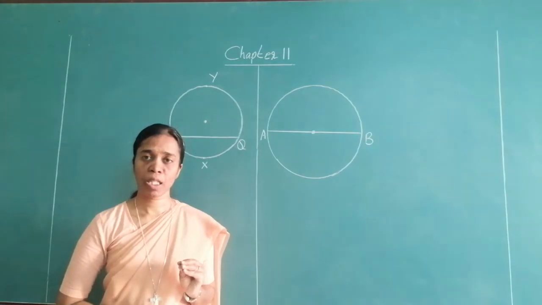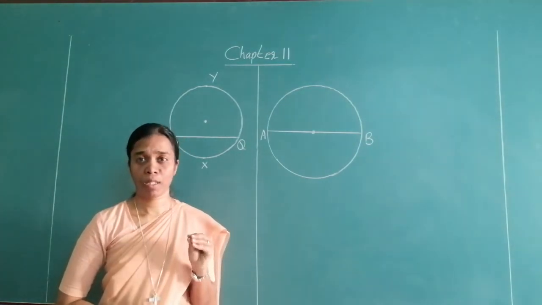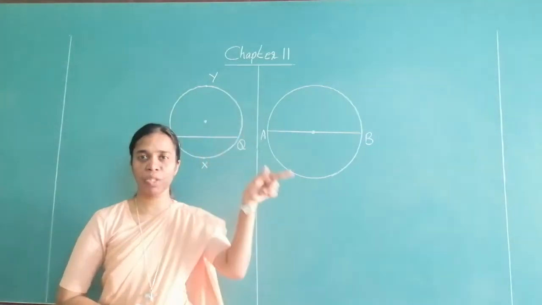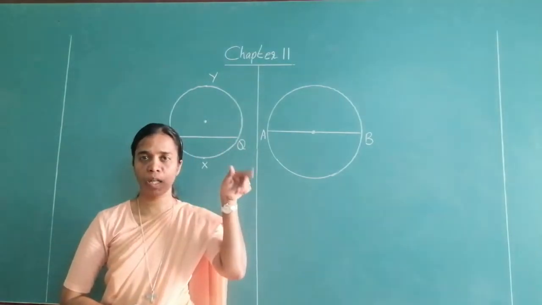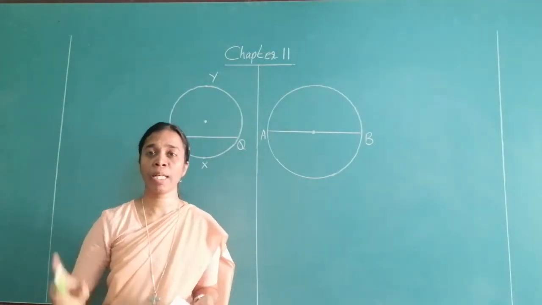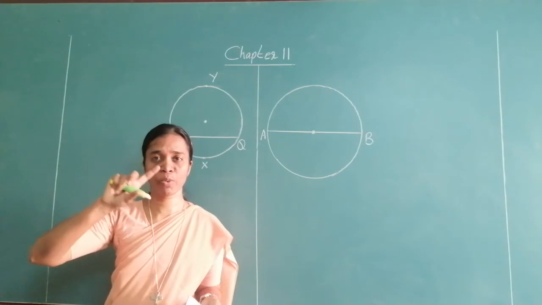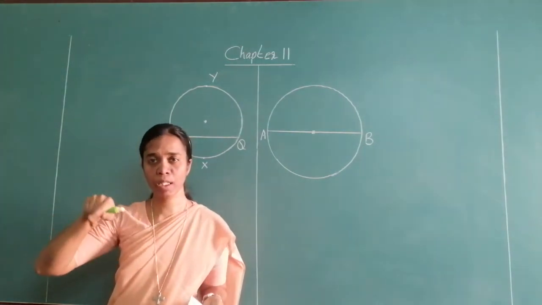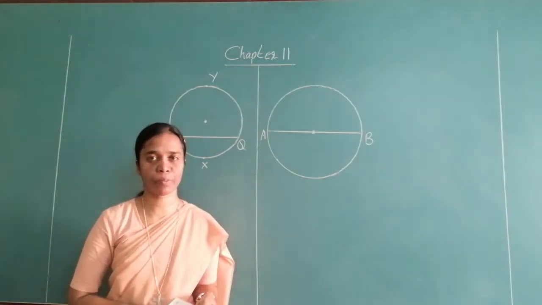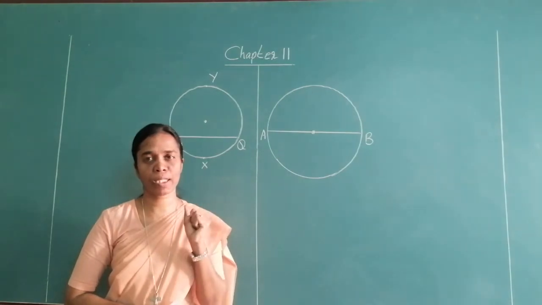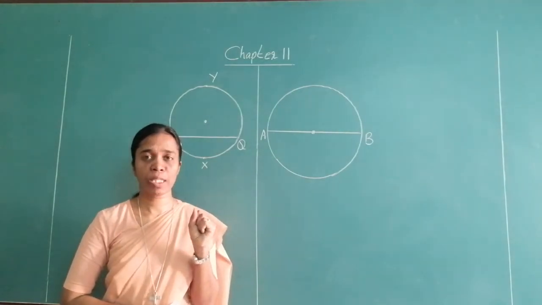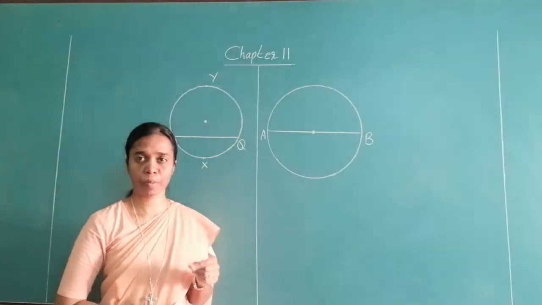Today we shall see what is an arc. Arc, all of you must have seen, we say draw an arc-like structure. When we draw the angle bisectors also we say draw the arc. Arc is a part of a circle. Okay. Now we are going to see the arcs in a circle.